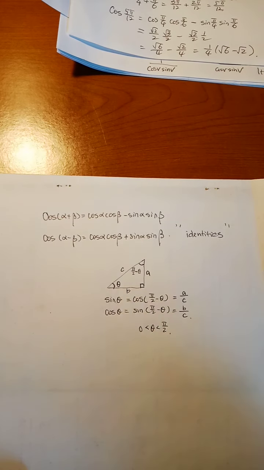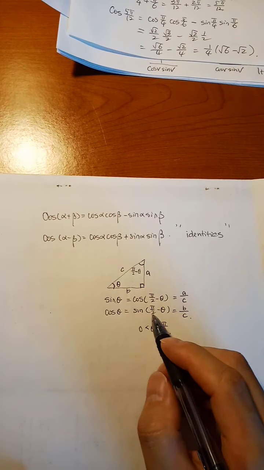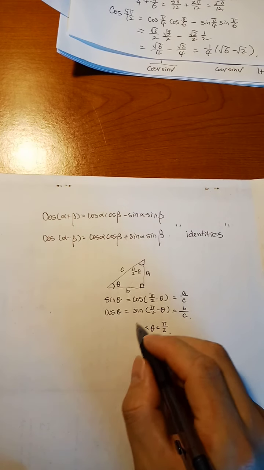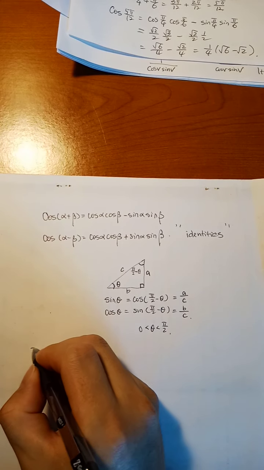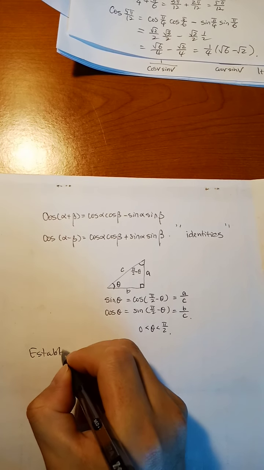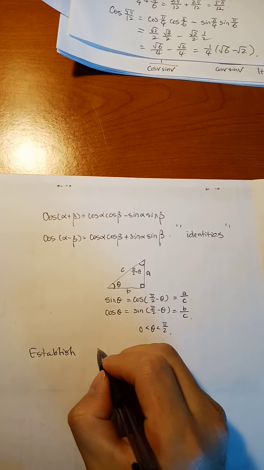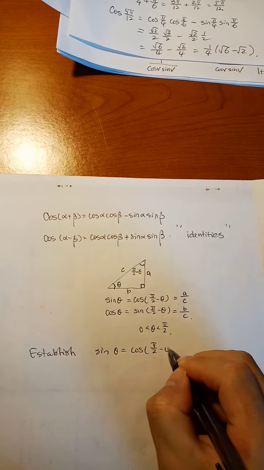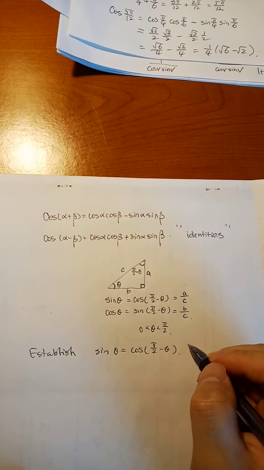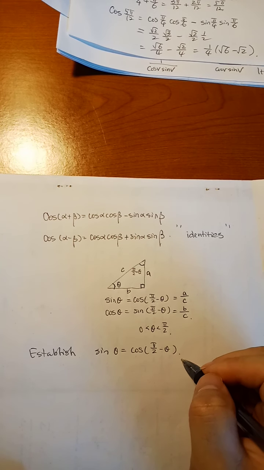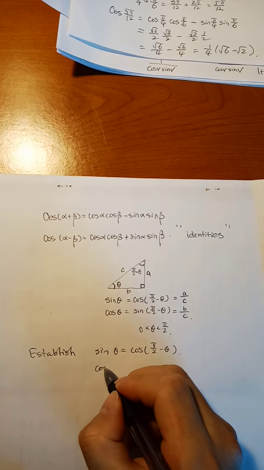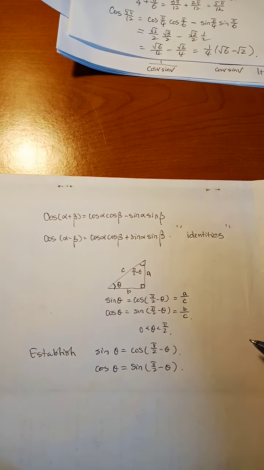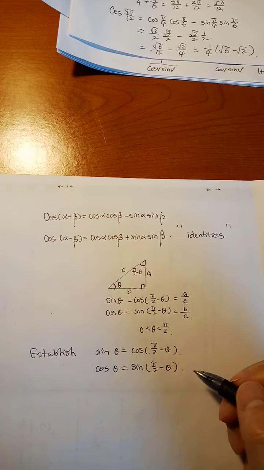And now we want to show that this is actually an identity. It has no restriction. So establish: sine theta equals cosine of pi over 2 minus theta, and cosine theta equals sine of pi over 2 minus theta. Okay, establish this identity. How? First one,